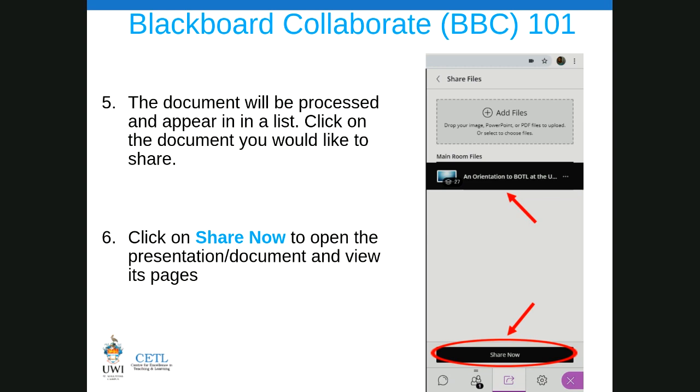All right. Now, this is what it looks like. You'll see the document processing a little bit, and then when you click share, it is made available. It opens up. You're going to see the different pages or slides, depending on the nature of the document.